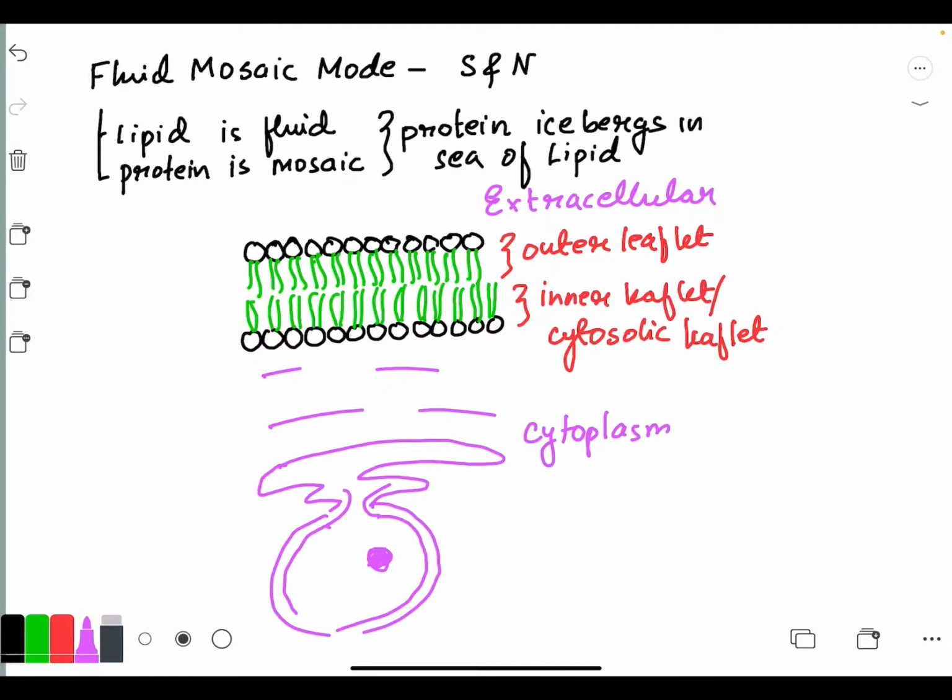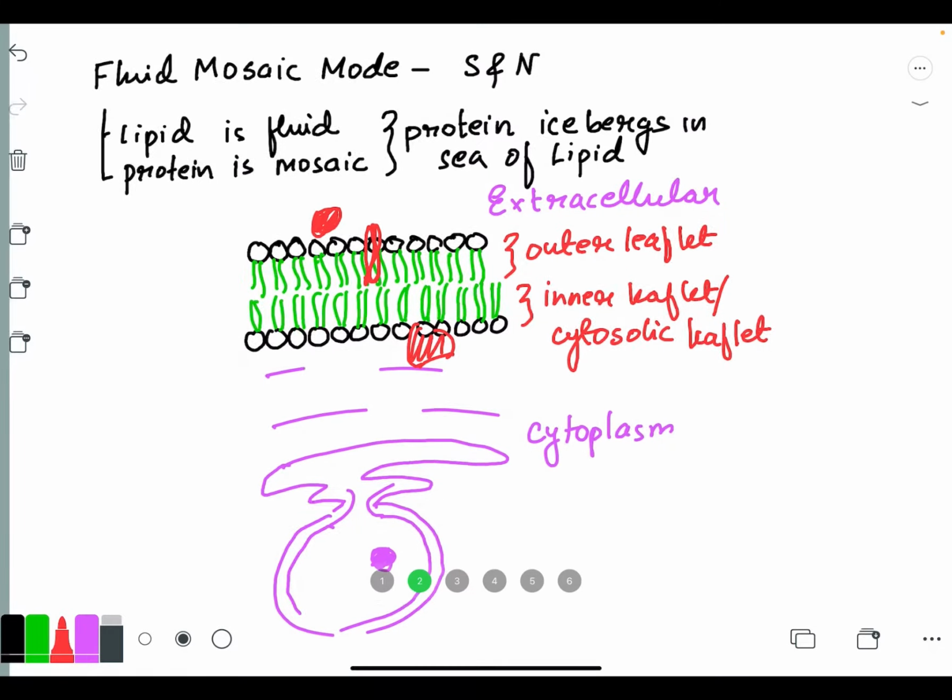This is the basic structure, and there are several proteins present, which may be peripheral proteins, integral proteins, or amphitropic proteins. That is not the topic of discussion here. We'll discuss it later if some question is present, right? So now coming to the next part: how is the fluidity of the plasma membrane